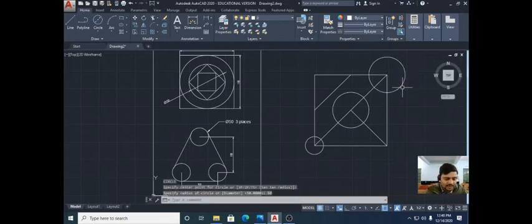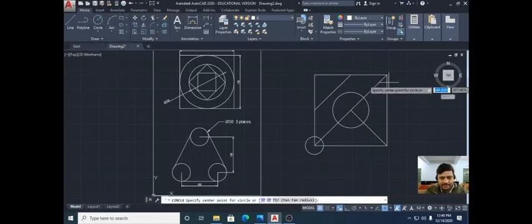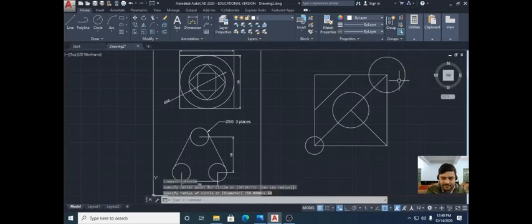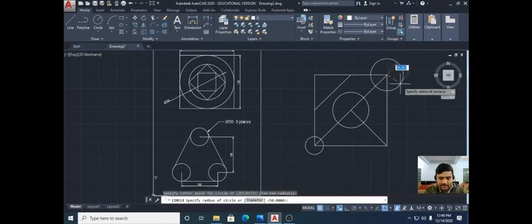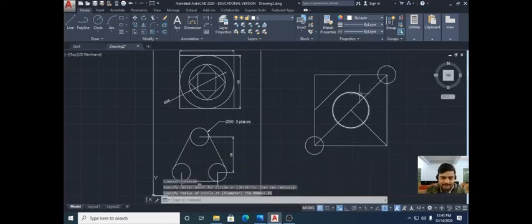Oh, it's a large circle. Center with the radius. You can write 50. 50 is the last circle. Mark it 25.